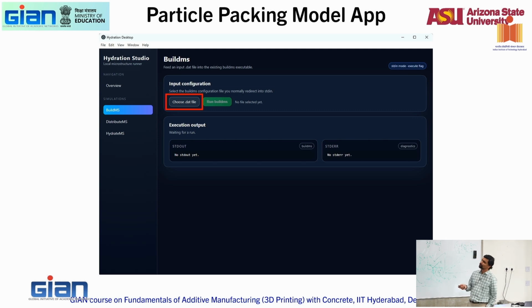Right now, this part of the app is still under development, because for some weird reason distribute ms is not giving us the output file. We have to go back and check the code. Once you have the microstructure, distribute ms basically separates out all the phases inside even each particle,